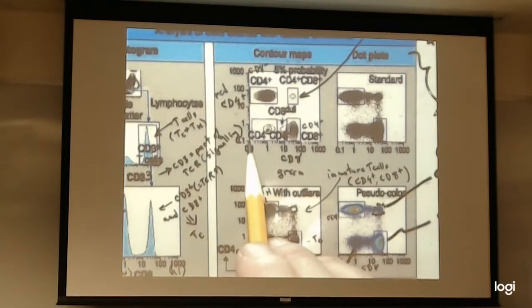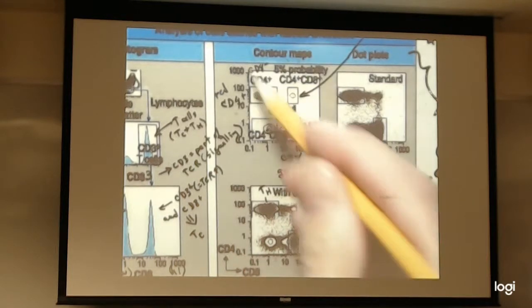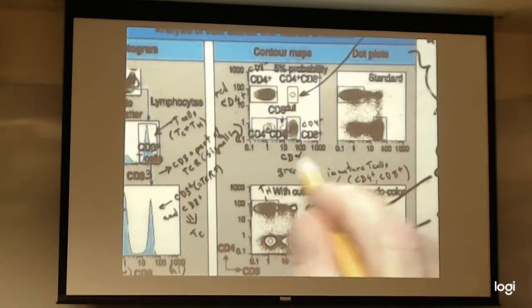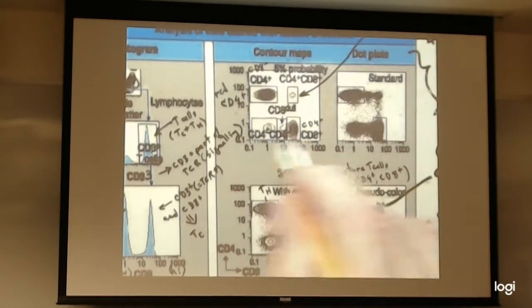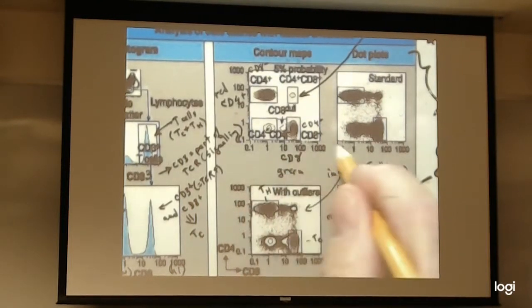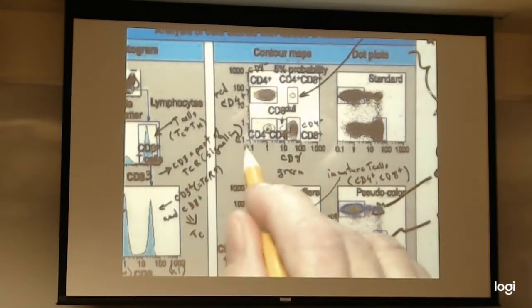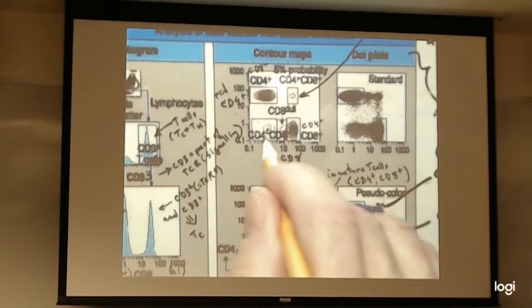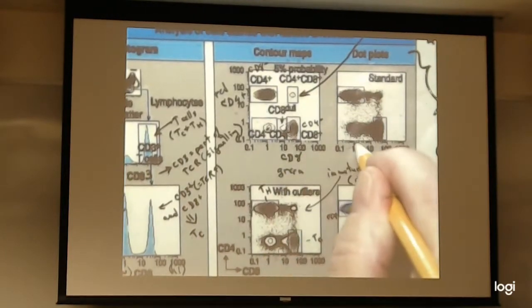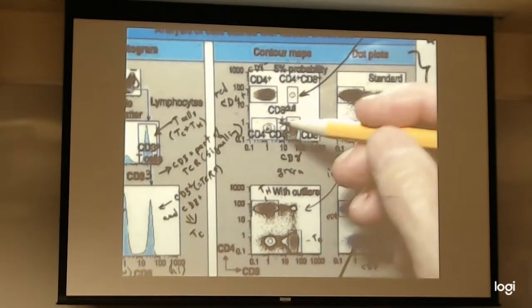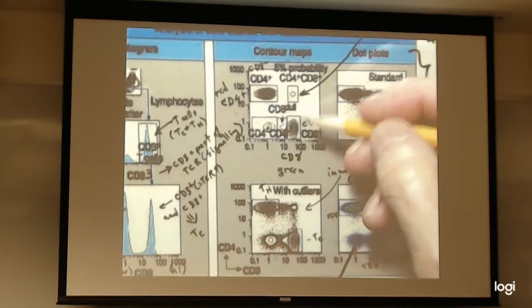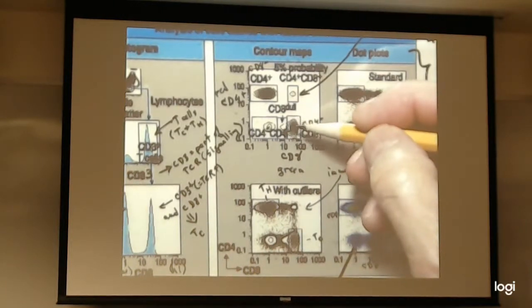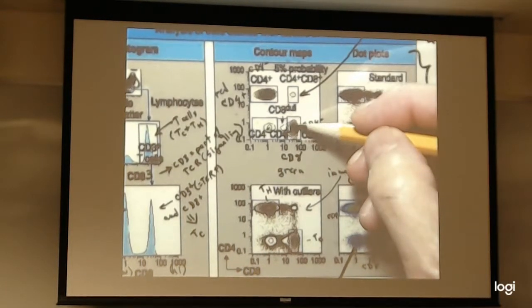There's one point I want to make here: the x and y axes are, generally speaking, going to be logarithmic axes. We're looking at exponential increases here. So this is 0.1, 1, 10, 100, 1,000 here. So these are cells here which